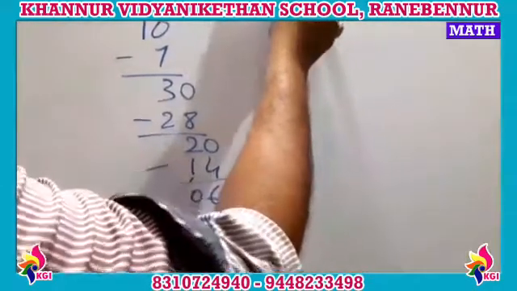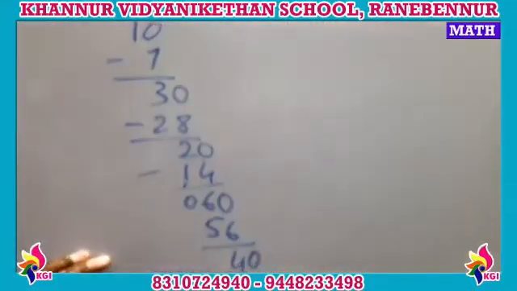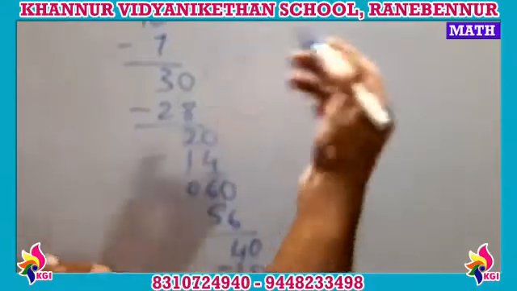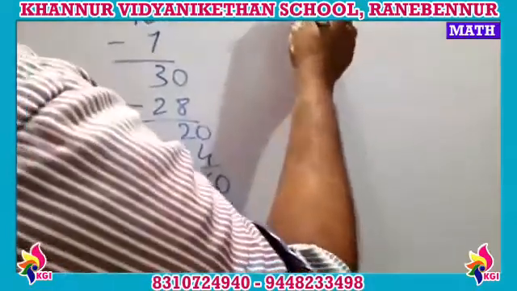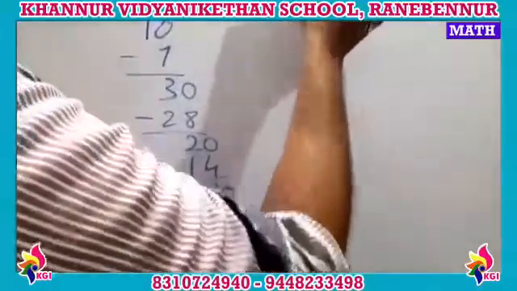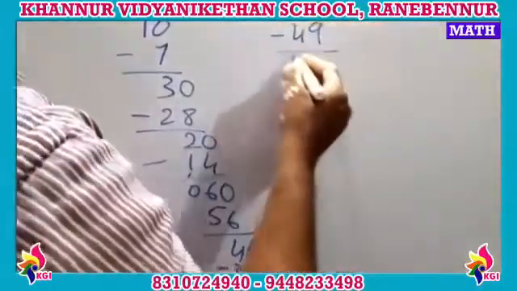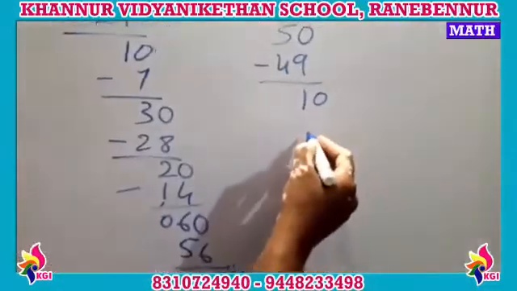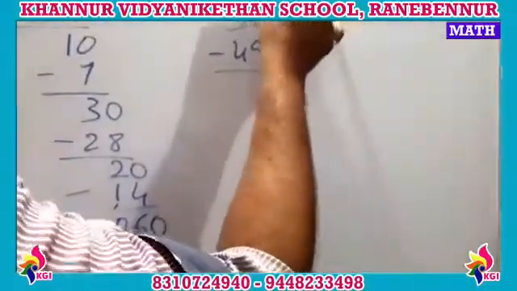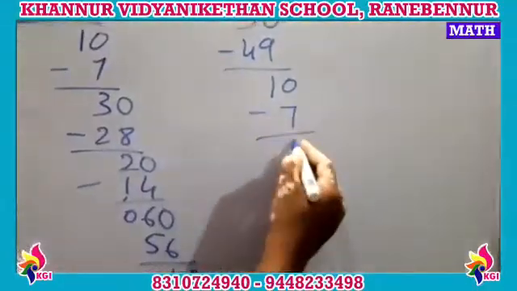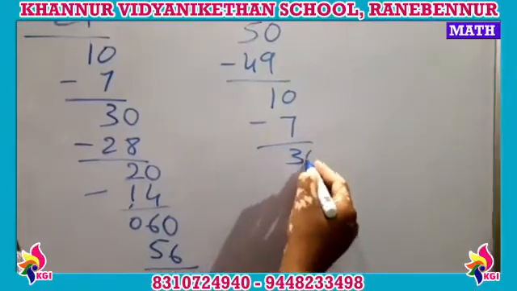7 5s are 35. Then again remained with a 5. So if it is remained with a 5, then I can take it as a top like this. 5, I can mention it as a 0. Then next 7 7s are 49. Then remained with 1, I can take up a 0. Then next 7 1s are 7. Remained with a 3. Then again if I take a 0,